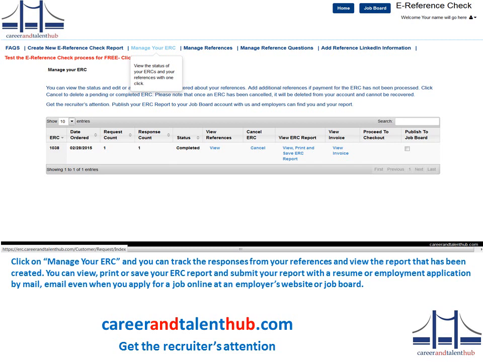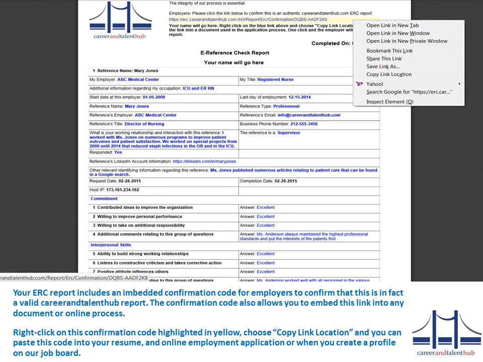You can print your ERC report and submit your report with a resume or an employment application. You can also bring your ERC report to a job interview to highlight your experience. Your ERC will be available on your smartphone for easy access. Your ERC report includes an embedded confirmation code for employers to confirm that this is in fact a valid Career